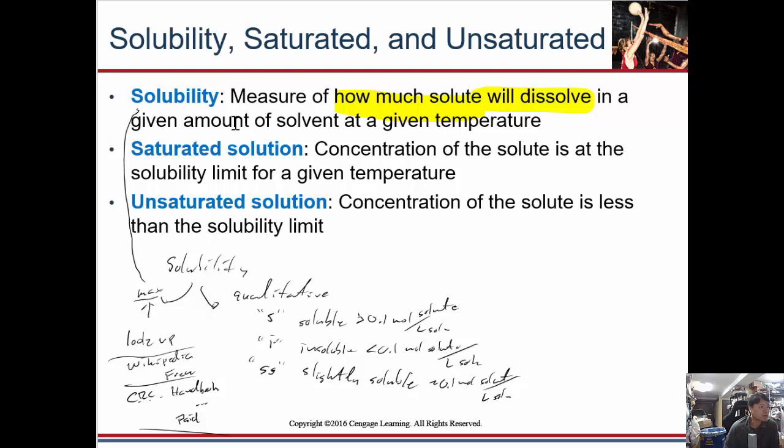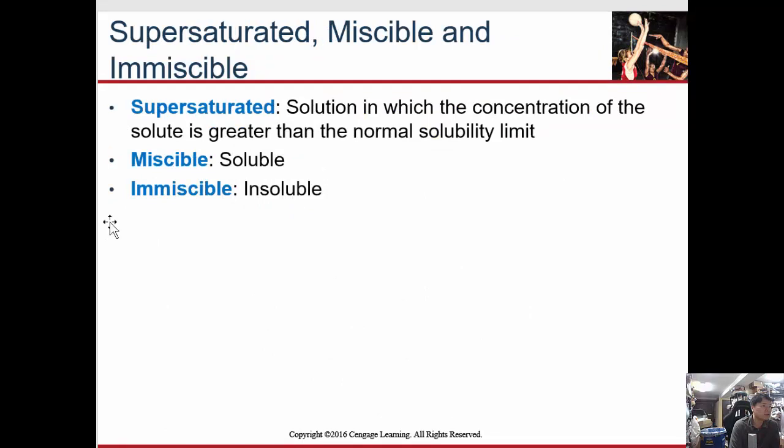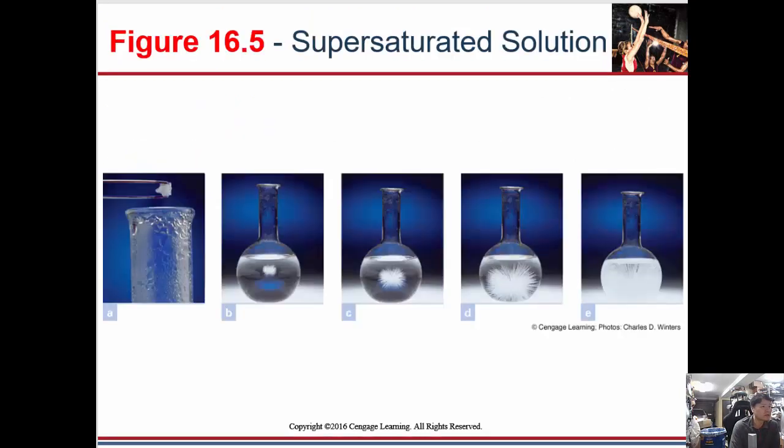When we hit that maximum, we form a saturated solution. So this is at the max here. We could have an unsaturated solution, which is less than the max here. And so saturated and unsaturated. It is possible to have a supersaturated solution, in which we have greater than the max. But this is unstable. And there are different ways that we can form it. A supersaturated solution. One way we can form a supersaturated solution is